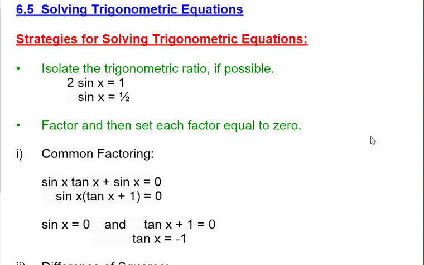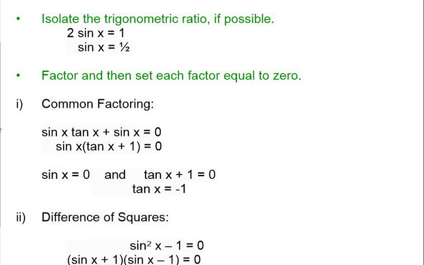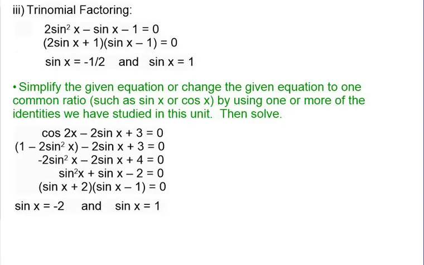So, some strategies for solving these equations. Step one, probably your easiest one if you've got something that looks like 2 sine x is equal to 1, is isolate the trig ratio if possible. From there, other strategies include factoring and then setting each factor equal to 0. So factoring by taking out a greatest common factor, by difference of squares, using our trinomial factoring, which sometimes for